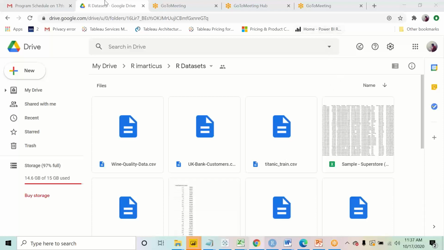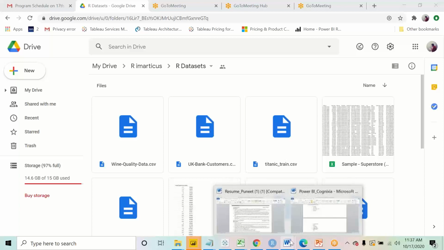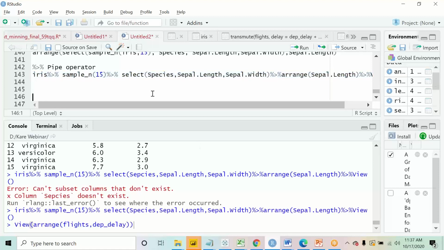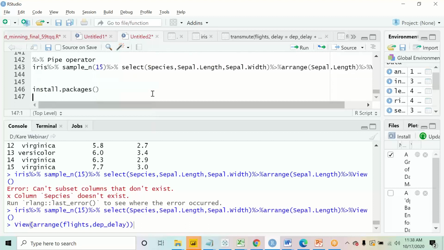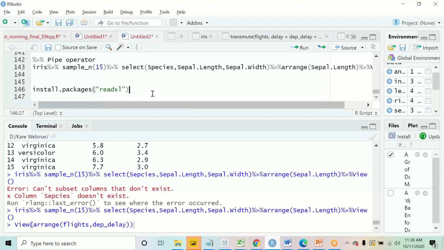Okay, so now what I'll show you over here is how we can load the data from an Excel file, right? We all have seen how to copy the data from a CSV. That is something that we all are aware of. Now, in order to load the data from an Excel file, we all need a special package to actually read the files from Excel. Just write install.packages. You will all have to install one package, and the name of the package is readxl. This is the name of the package that you all have to install. So please all install this package quickly.